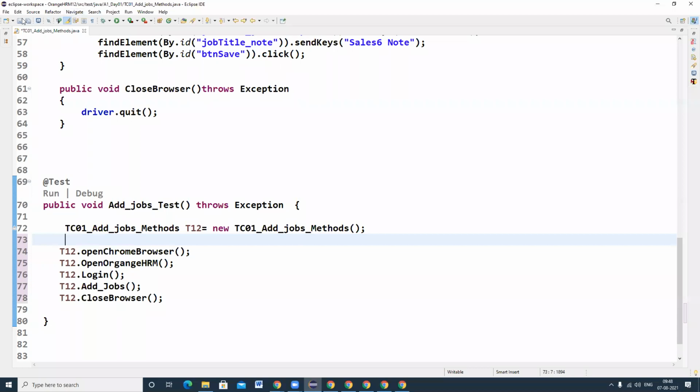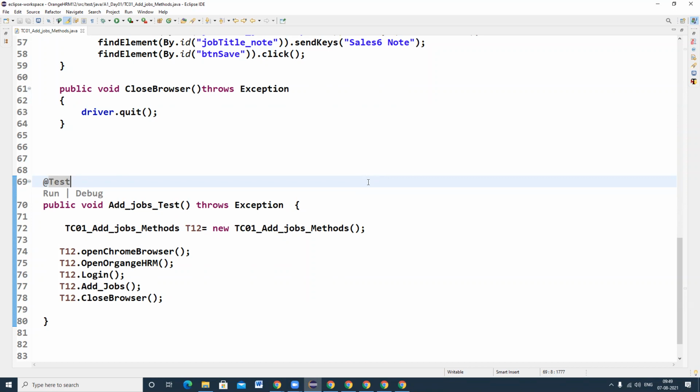So if somebody will review my main test, anybody can easily understand what is going in my program. So they can easily understand, okay, he's opening Chrome browser and he's launching application URL and he is doing login operation and he is doing add jobs, and after that he is closing the browser. Simply they can understand. Suppose in my main test, if I will write 1000 lines of code, can anybody understand? No, they cannot understand. So for simplicity purpose, you need to segregate the lines of code into appropriate method, so that your code and what is the lines of code it is indicating, everyone can easily understand.